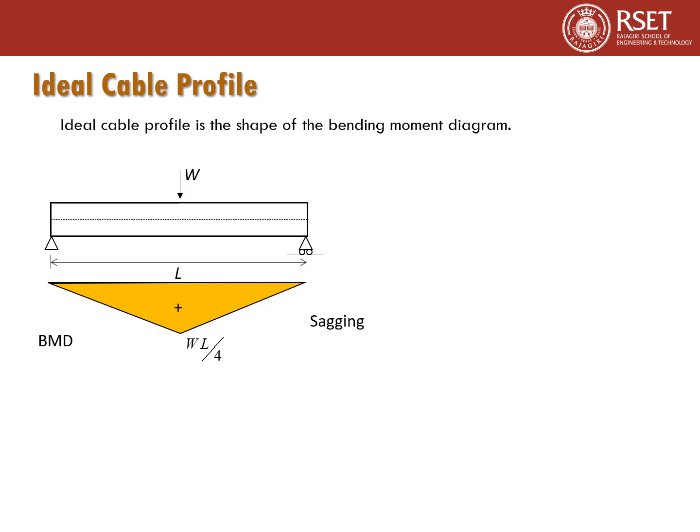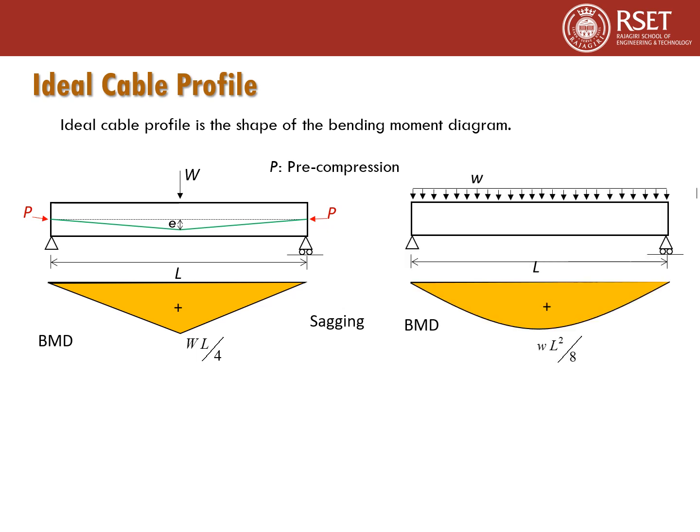And the ideal profile for this case will be the shape of the bending moment diagram, that is two straight lines with maximum eccentricity e at the center span, because the maximum moment is at the center. And due to this pre-stressing force P, a hogging moment is occurring throughout the member, and this will be able to counteract the sagging moment caused by the external load.